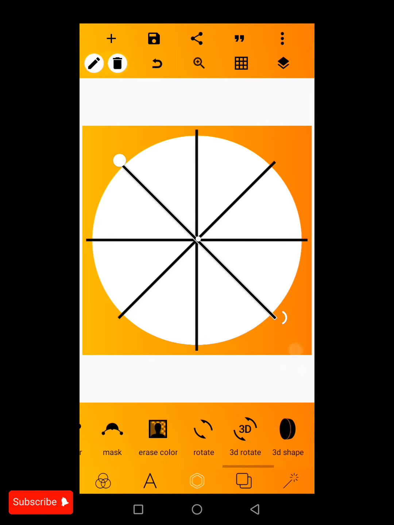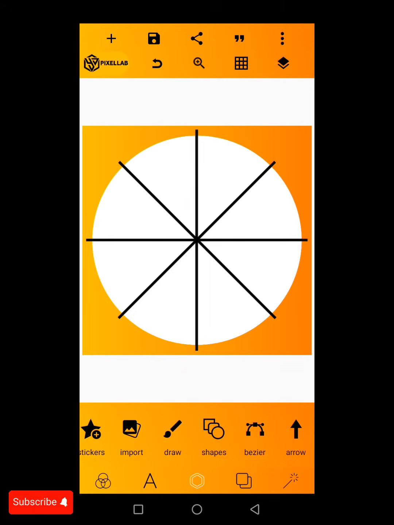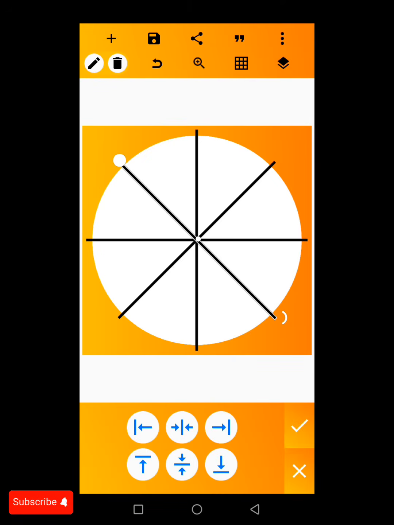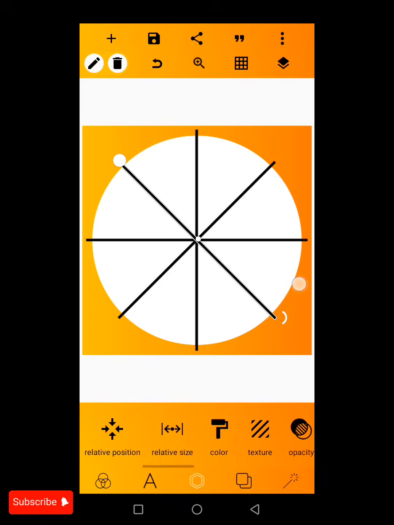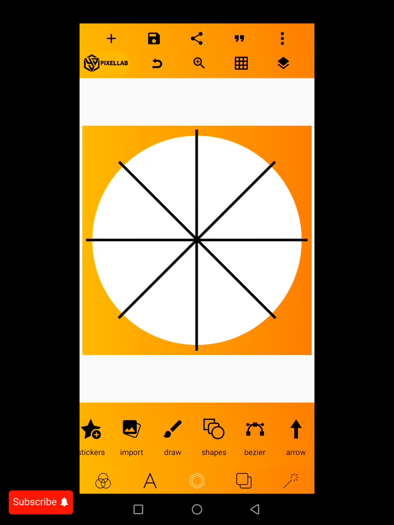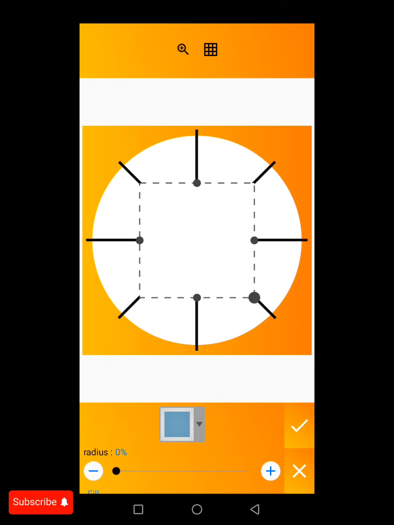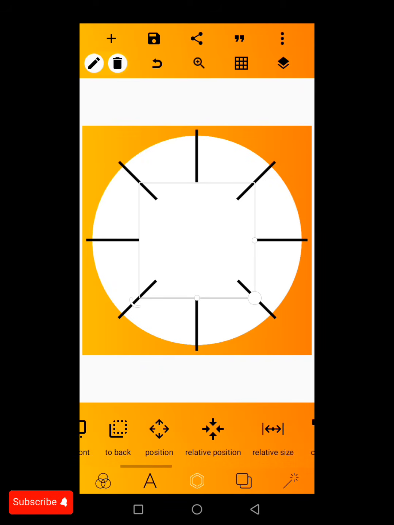Yeah, can you see that everything is well aligned? It's properly aligned. Let me check it. Let me make use of my relative positioning, I think yeah, it's well centralized. So the next thing which I'll be needing to do now is just to bring in another circle shape again. Another circle shape. Kindly stick around me to the end of this video so that you'll not be missing any part of it. After bringing another circle shape, you are going to make sure that you centralize it, because